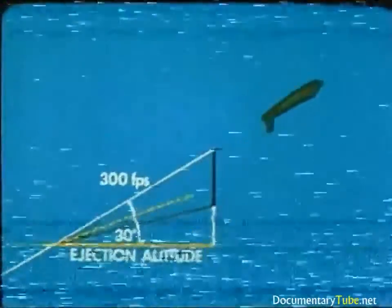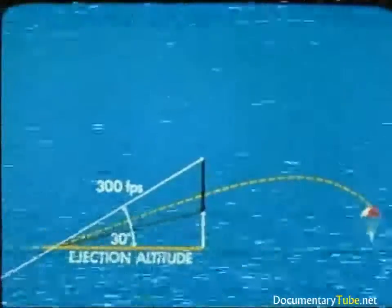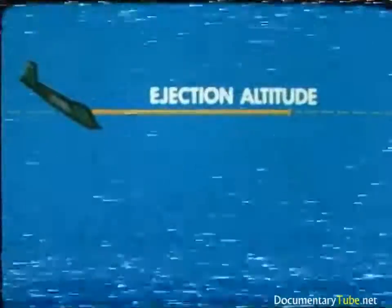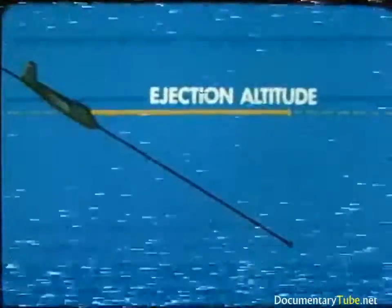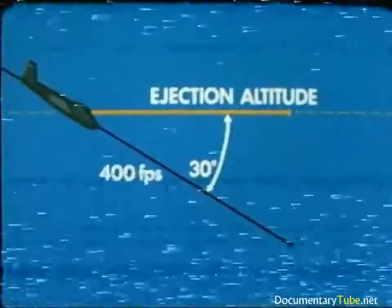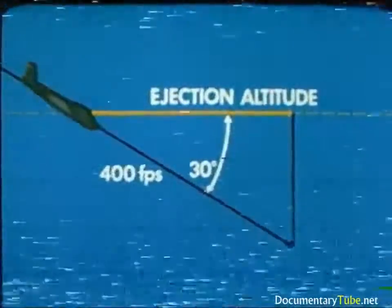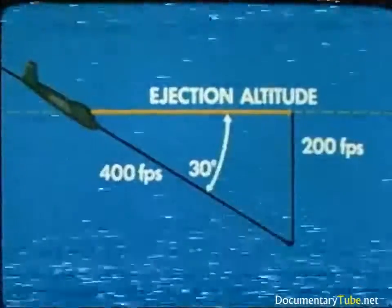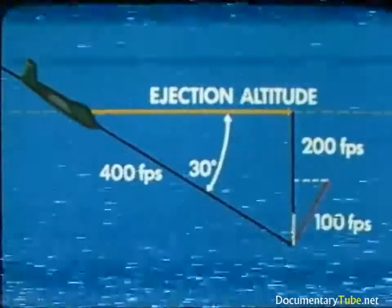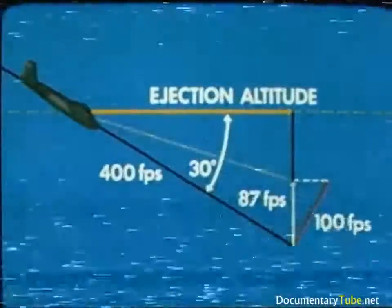You will continue to gain altitude for 2 seconds before beginning your descent, and you'd have full chute about 20 feet above ejection altitude. The situation changes drastically with a descending flight vector. In a 30-degree dive, 240 knots airspeed, or 400 feet per second, half the airspeed is converted into descent, 200 feet per second. The ejection vector of 100 feet per second provides 87 feet per second upward to counteract this,